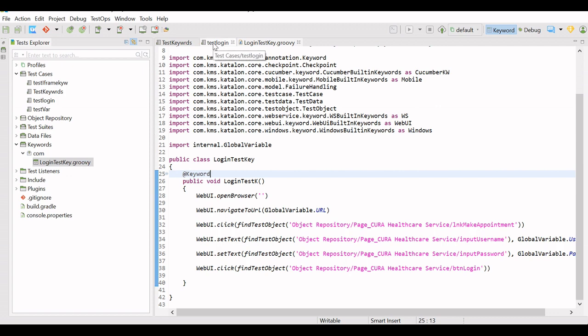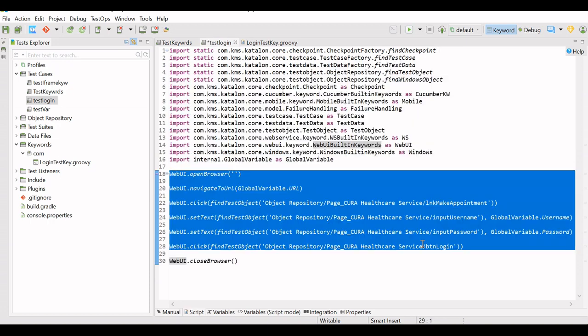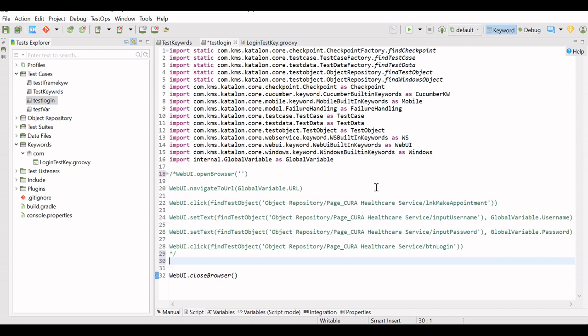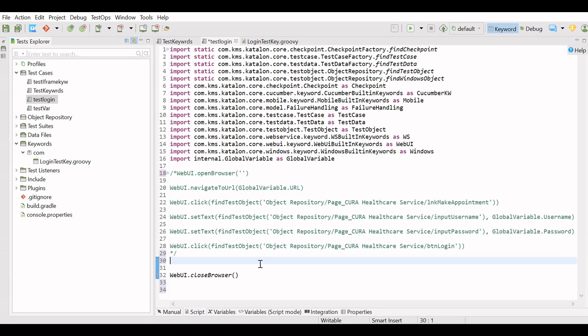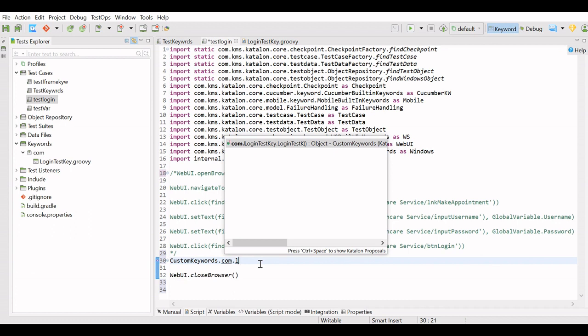How to use this keyword? To use this keyword, now I don't need these actions. I will comment these actions. I have kept only the close browser action, and here we will use our keyword. You can add the keyword by writing custom keywords dot com, that is your package name, dot the first letter of your keyword.